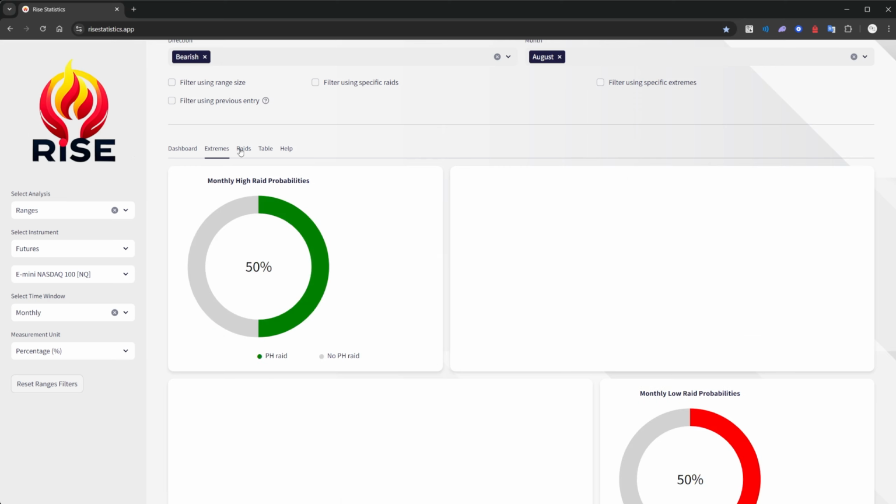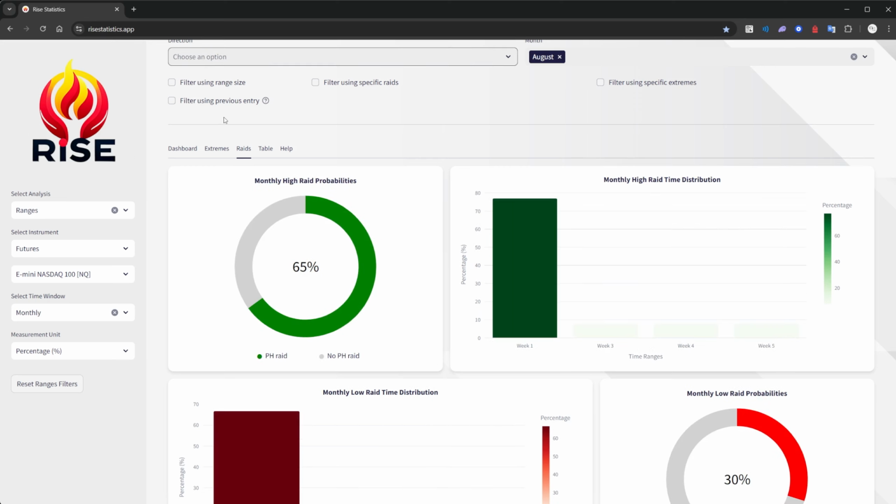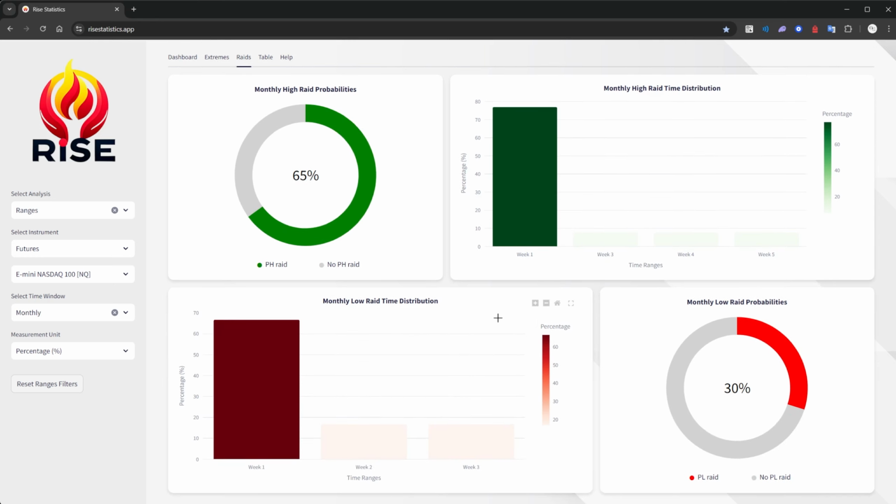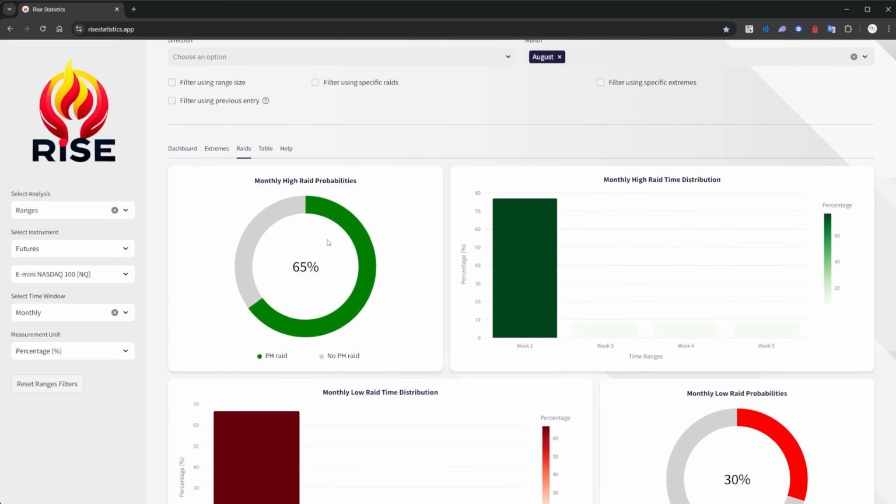Now, where we are most interested, at least for me, is my monthly levels. So I like to look at previous month high, previous month low, and in this case, we don't have any overwhelming probability other than, hey, we do have a small percentage of reaching the monthly low. As we can see from our charts, it is going to be one of those months. It certainly does look like it. And we have a decent chance of reaching for the monthly highs, and we're looking at that during week 1. 75% chance that it happens during week 1, 65% chance that we see it.